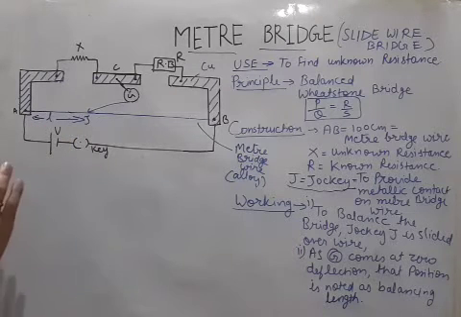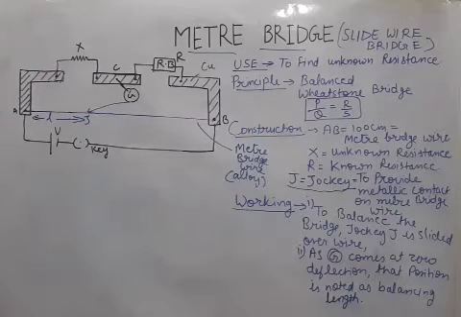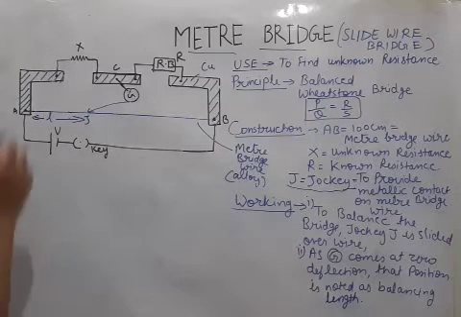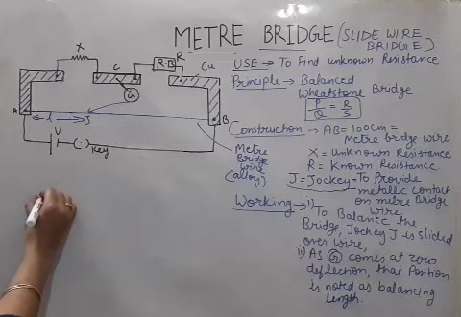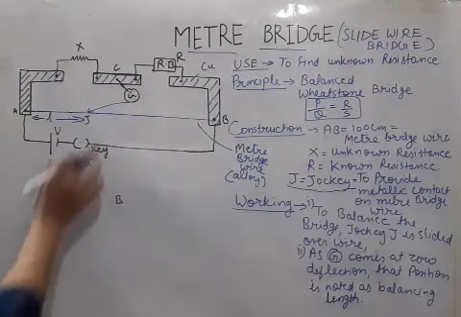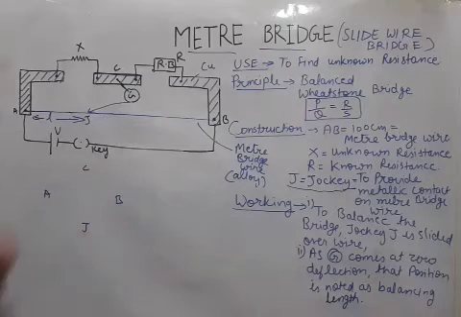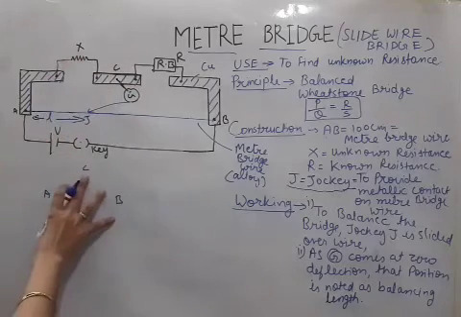Okay, now we'll come to the calculation part of unknown resistance. How do we calculate it? So, as we have told, this meter bridge works on the balanced Wheatstone bridge. So, is it a Wheatstone bridge? Let us try to make it. So, how will we make it? We will get the quadrilateral arrangement. Points A and B we have to write at the sides. Points C and J we have to write up and down. Now, we have to pick the resistances and connect them here.